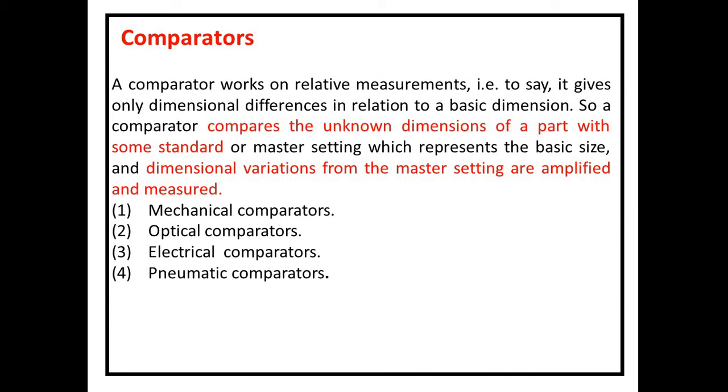In case of optical comparators, a source of light is required. In case of electrical comparators, electricity is required. In case of pneumatic comparators, compressed air is required. In case of mechanical comparators, no external source is required, but the mechanical comparator itself has some disadvantages. So depending upon what amount of accuracy you desire, based on that you can choose one of the following comparators. As I told you, every comparator has its own advantages and disadvantages.